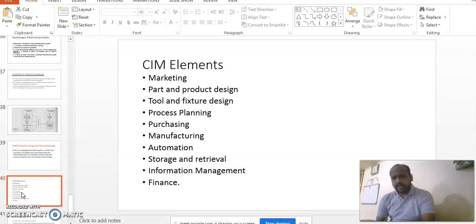So these points I have explained here are the basic points in CIM. These are not vast things. Simply you can understand, as far as mechanical engineering is concerned, we use AutoCAD software for drafting of the component, we use CAE software like ANSYS for testing of the component, and we use CAD software for modeling of the component.